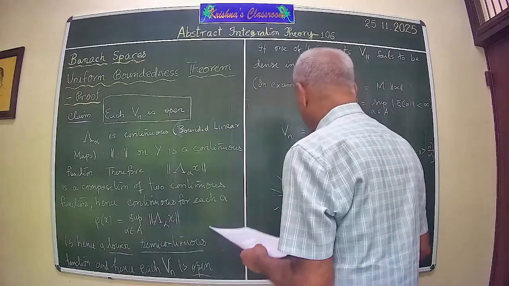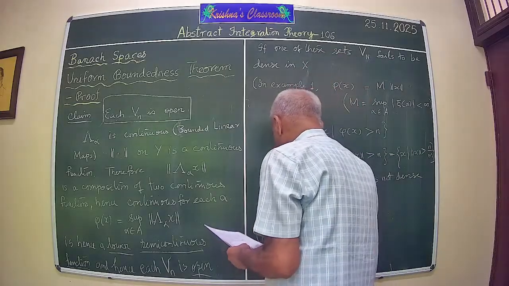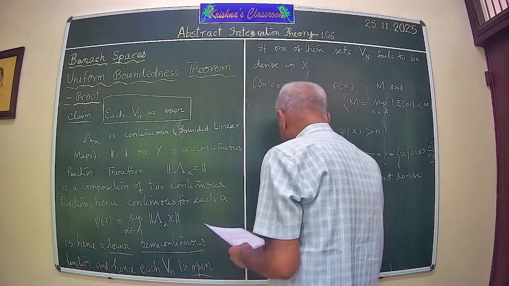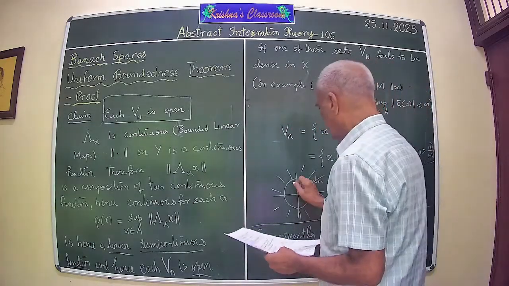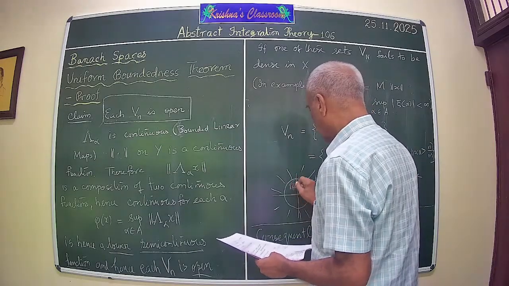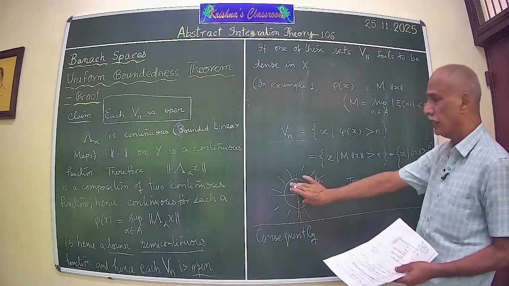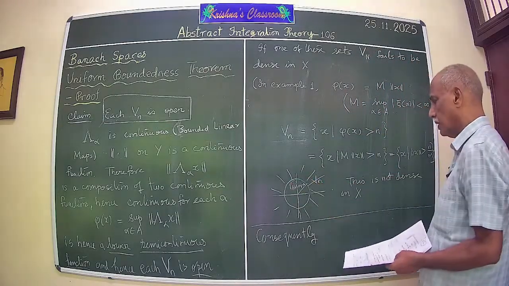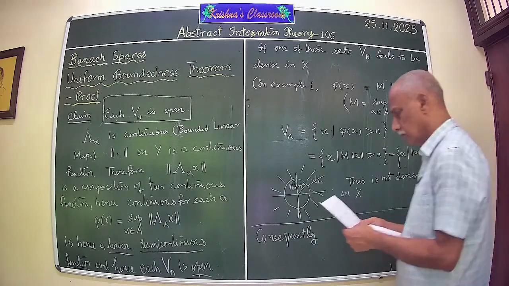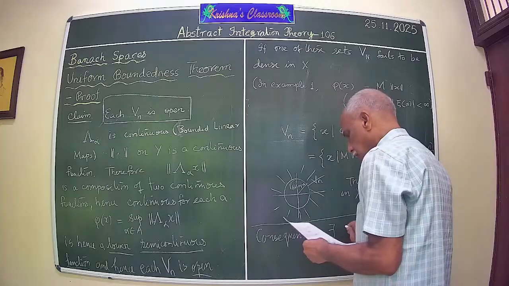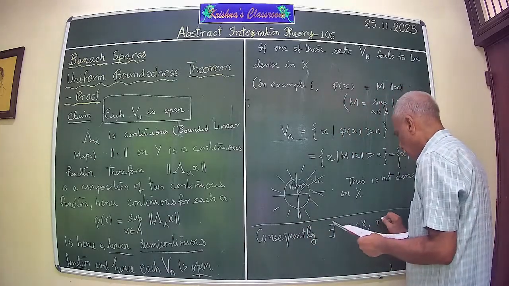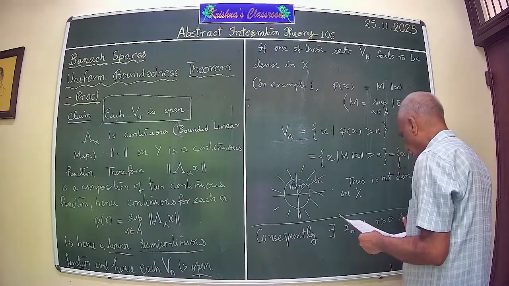Therefore, consequently, you can see in this example, there is some x naught you can find here, and some r such that a ball of radius r is completely contained in this region. Okay. Consequently, what you have is there exists x naught belonging to X and r positive such that